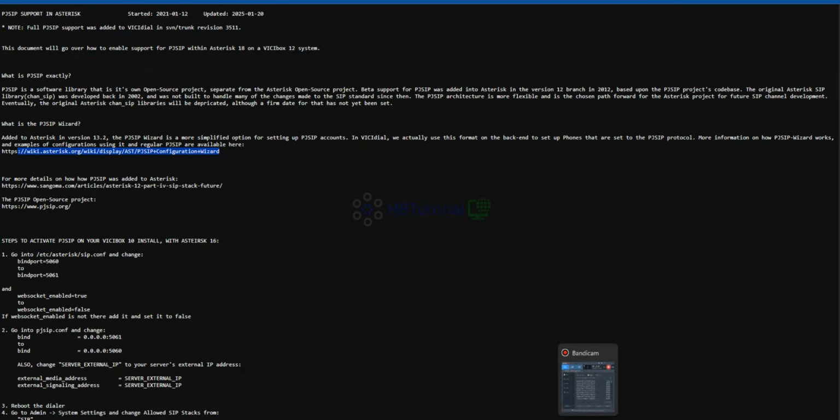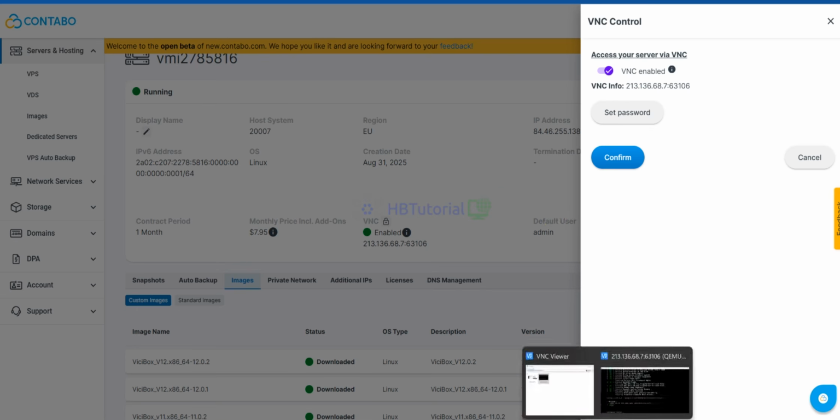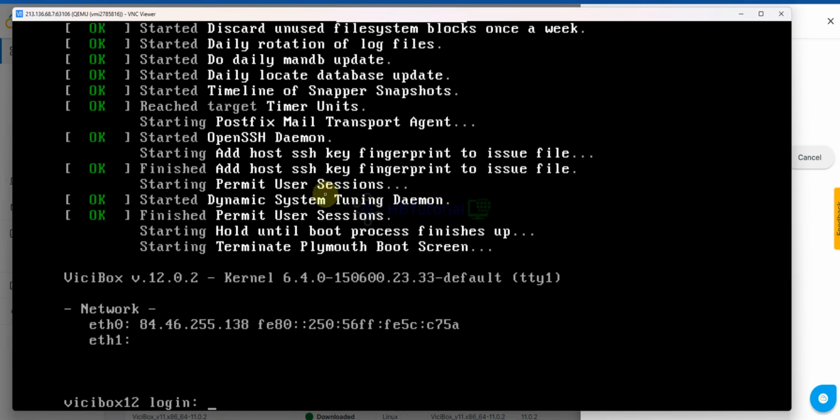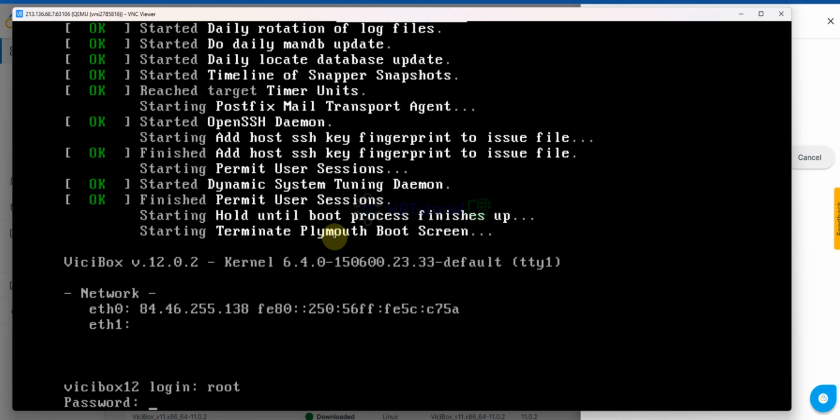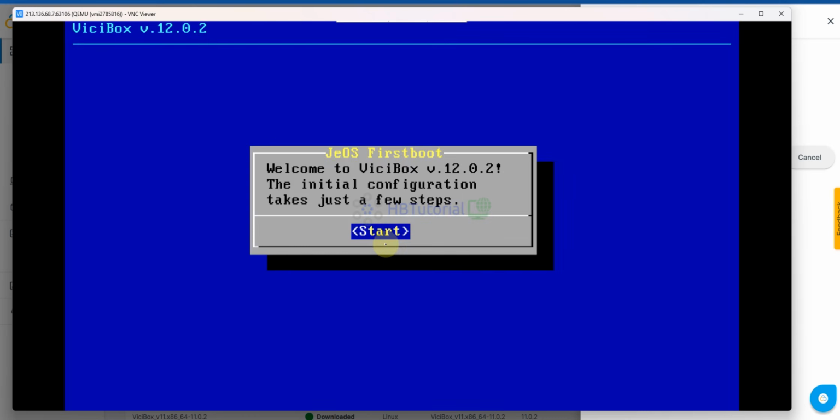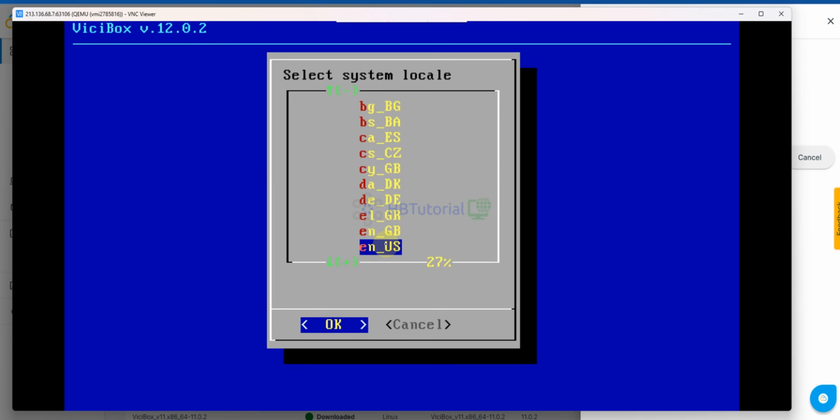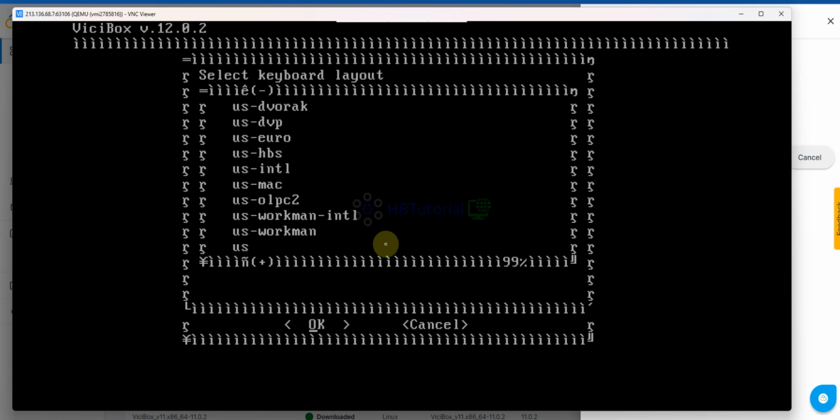Okay, let's see our installation. After here, you need to log in with the default login root and the default password. Then start by pressing start. System language, local English.